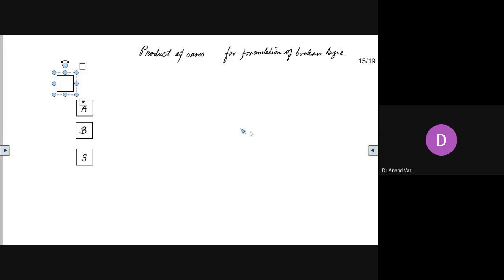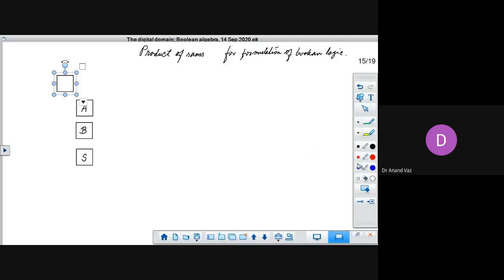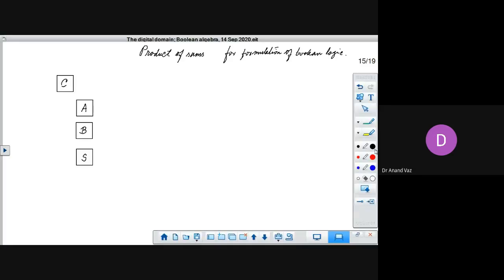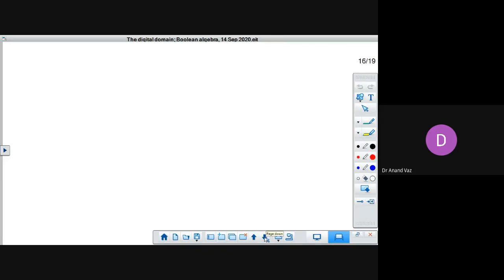We'll keep scope for a carry bit as well, so that if the sum requires two bits to store, then we will retain the lower bit in S and move the carry bit into this bit over here. So now, what are the possibilities that we can have for A and B? We can take several combinations.